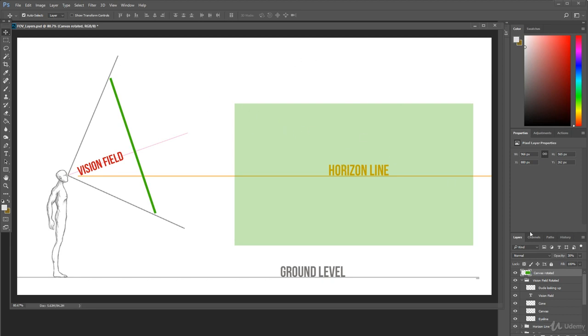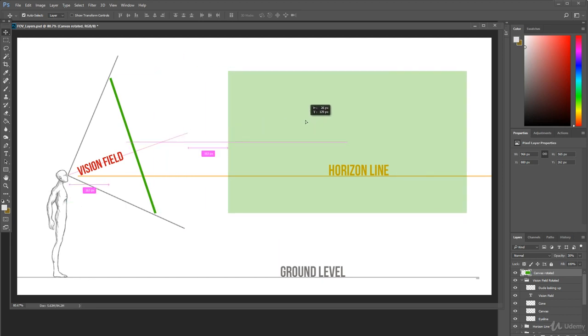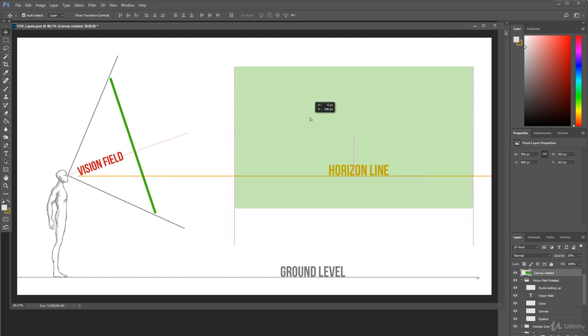So if we move this green box here now in line with our vision field, so it kind of is up there now, look what happens to the horizon line. It's about there. It is dropped on the page, and that's important because you're looking up into the sky, so the horizon line drops. And when you come to the perspective in a couple of lectures, you'll understand what this